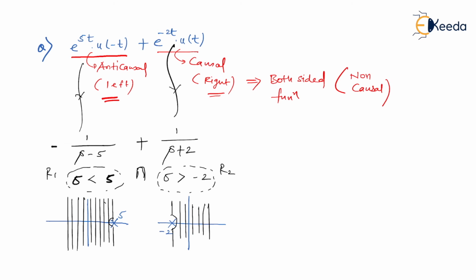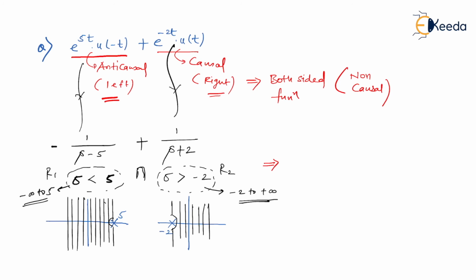So two individual ROCs are now shown to you. The first covers the area from minus infinity to 5, and the second covers the area from minus 2 to plus infinity. Now we have to take the common area. One area is from minus infinity to positive 5, the other is from minus 2 to positive infinity. Then of course the common area lies between minus 2 and positive 5. I repeat, the common area is the area lying between minus 2 and plus 5.